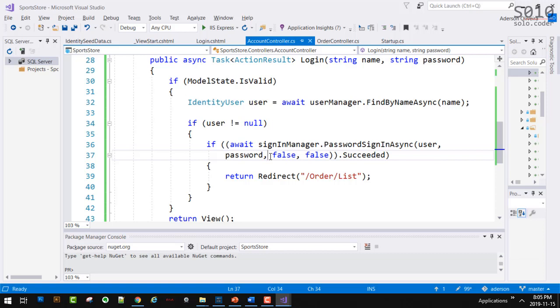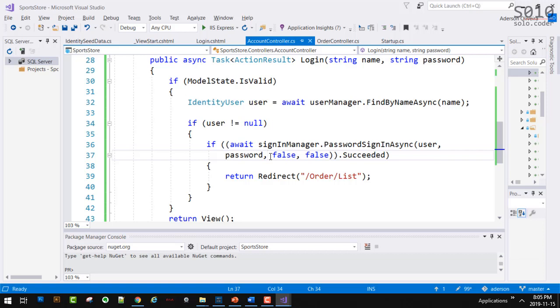The second false here is for some applications, some systems, where when you try many times to log in and you fail, it locks out the user for a certain number of minutes or a certain time. So the second one is to specify whether or not you're going to be locking the user out if the password fails.